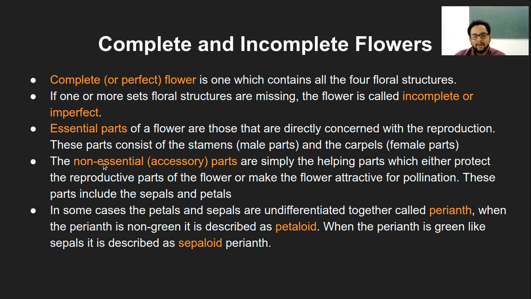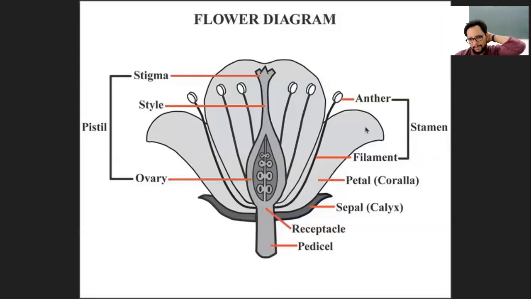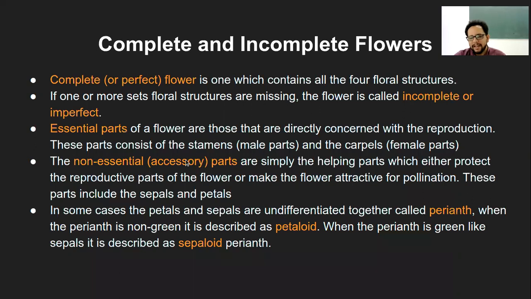Now, non-essential does not mean that they are not essential at all, but they are just accessory. Imagine the function of the petals or the corolla, right? That is to attract insects. And if that is not present, insects will not be attracted. Pollination will take quite a long time to happen on its own. If it is with insects, it happens quite fast because they carry different pollen grains from flower to flower, and then they allow them to fertilize and so on. So that way they are still required, but they are not super essential, and that's why they are also called accessory.